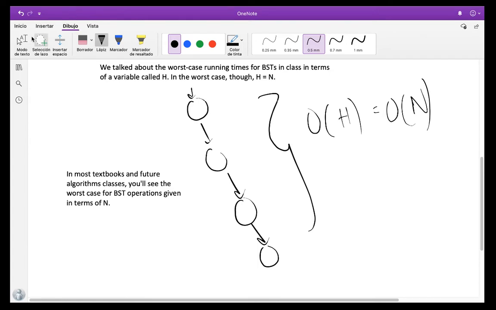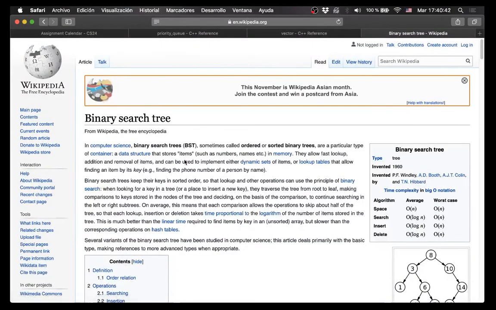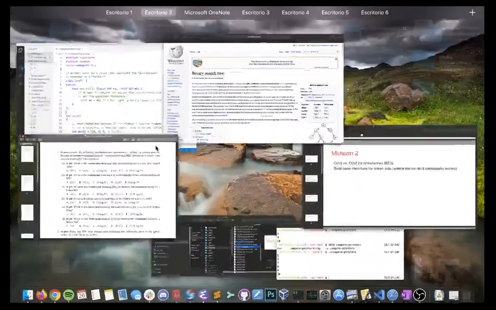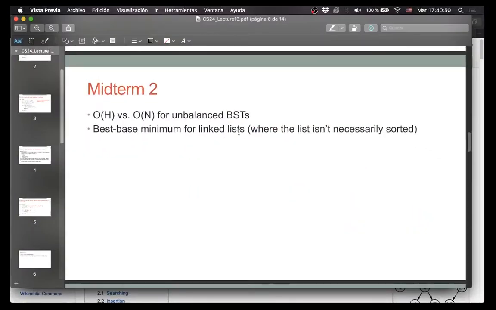So I think for the rest of this class, now that you know this secret, we'll use O of n instead of O of h. And so what I should have done on the midterm was not give you both those options, because that was a bit confusing. I'm sorry about that. The other thing that I want to talk about from the midterm is the question F,